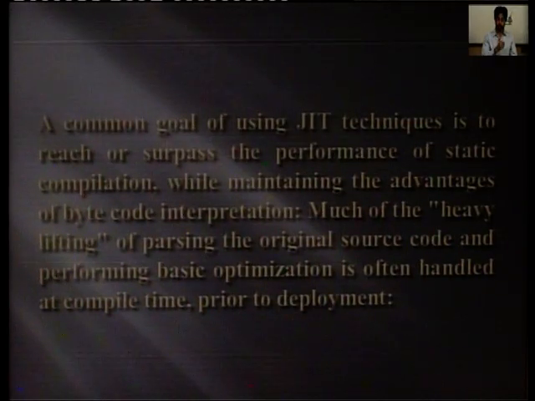The common goal of using the JIT technique is to surpass the performance of static compilation while maintaining the advantages of bytecode interpretation. Much of the heavy lifting, the parsing of the original source code and basic optimization, is often handled at compile time prior to deployment.